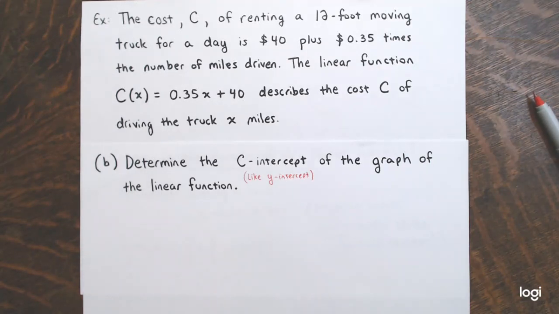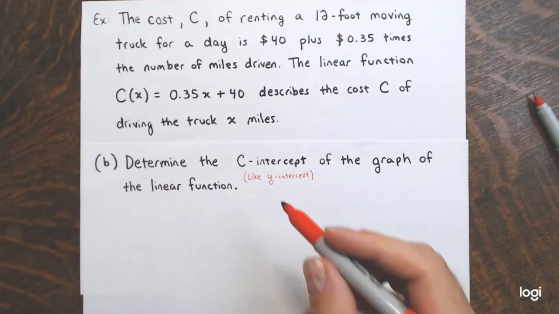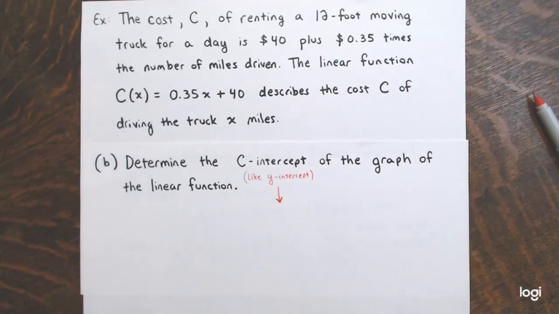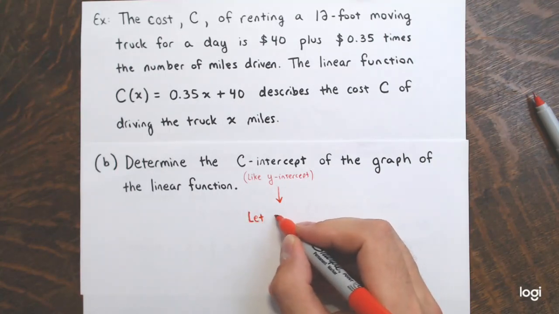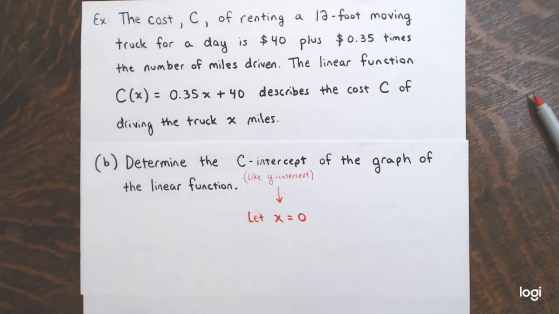All right, so we have c of x equals 0.35 times x plus 40. And if I'm trying to find the y-intercept, or in this case the c-intercept, being on the vertical axis means we're going to have an x-coordinate, an input of 0. All right. So we're going to let the input be 0 and see what the output is,